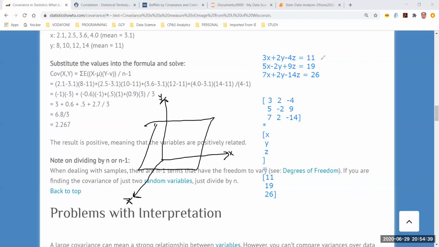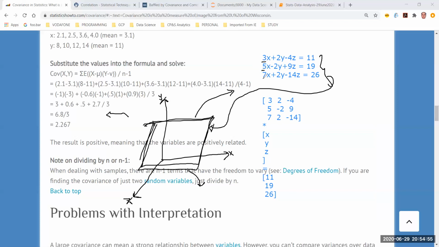If you solve these three equations, they'll actually come out as a plane. If that's going to be the plane, I have the control, let's say, to put this plane anywhere. I can put it inclined to this side or onto this side or onto this side, and it is going to ultimately determine the value of my unknowns, right? So I have some control here, but I don't have the entire control. I don't control the entire three-dimensional space, right?